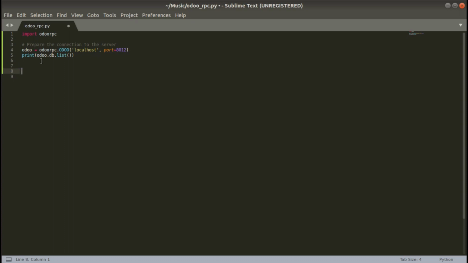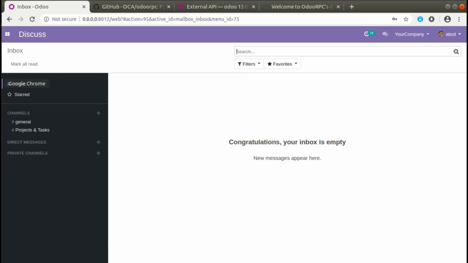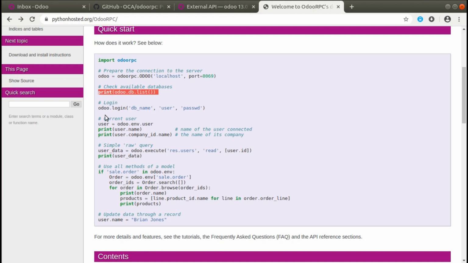So that's done. I will be going back to the tutorial, and here you can see odoo.login. Suppose I need to log in to the particular instance. Right now we have printed all the available databases. Now to perform the database operations, we have to log into the database. The login authentication is performed using odoo.login. For odoo.login, we have to specify the database name, user, and password. So I will copy these 2 lines, and I will copy the hash comment also, so that we will get some idea from the code itself.